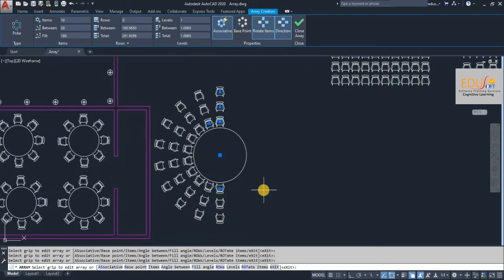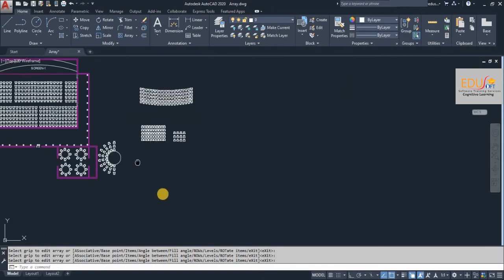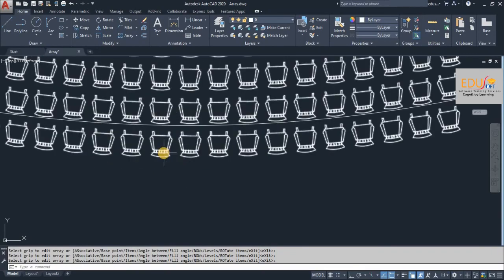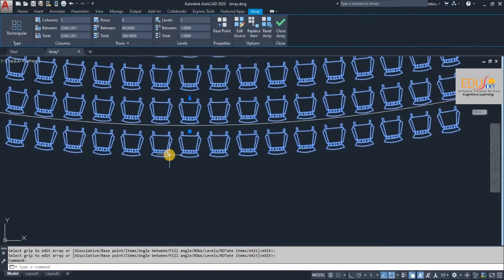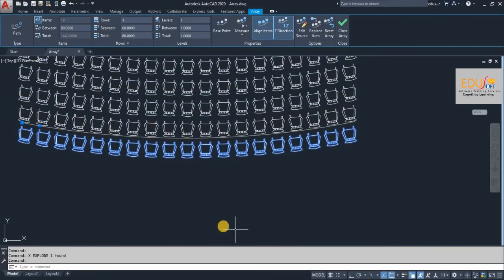So I hope you understand how to use rectangular array and path array. For path array, I will show one more thing. Let me take this path array. Here we have changed the distance between the chairs, but we are not able to give the number of items.